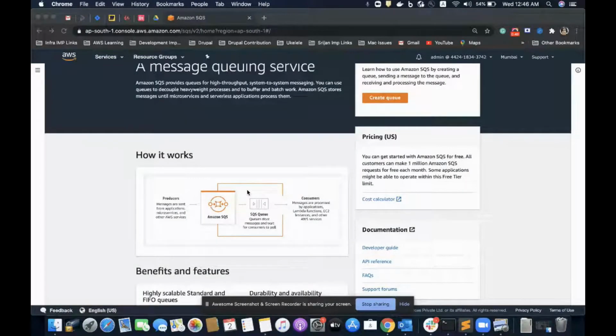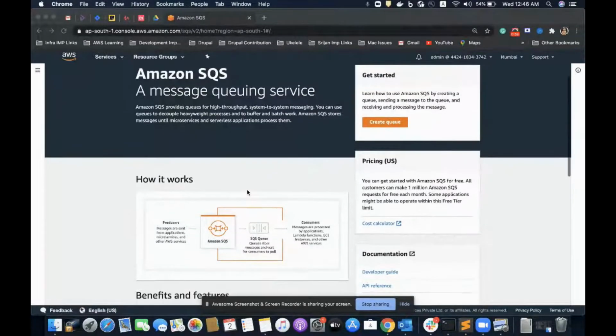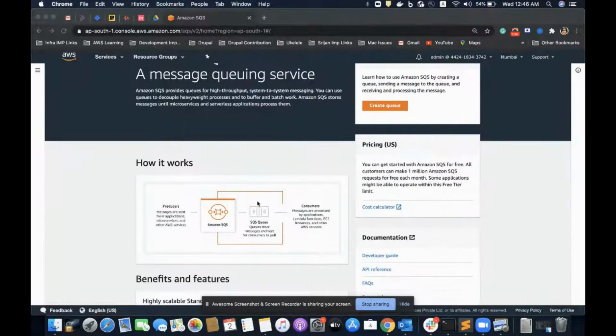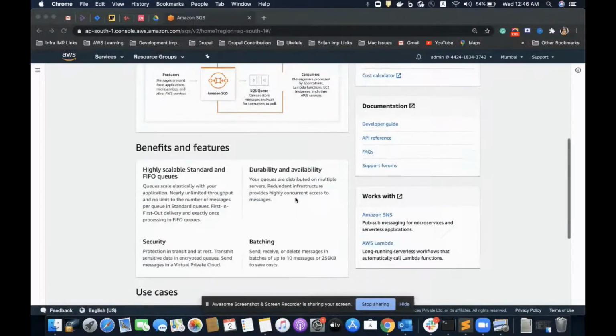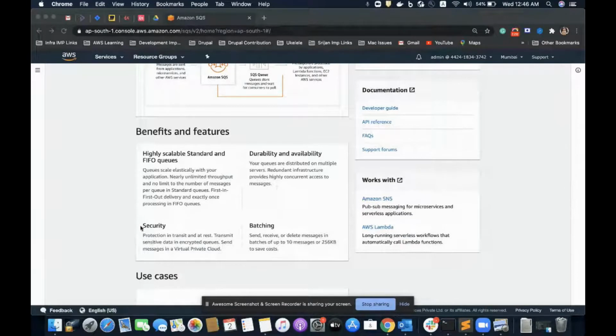This service has a lot of advantages, and we will also see what drawbacks or disadvantages it has. Starting with what this service provides, it provides a lot of security features.